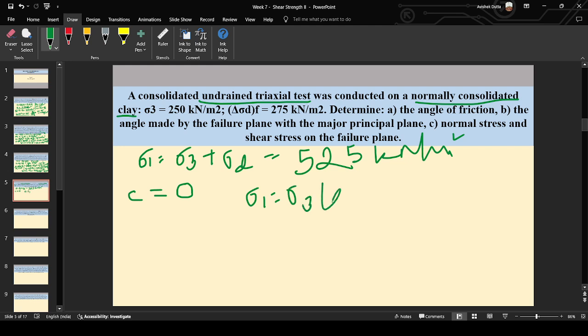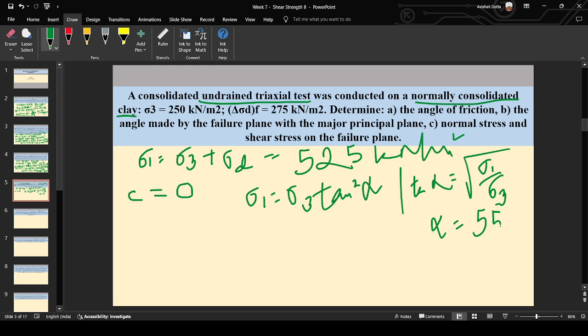sigma 3 tan square alpha. Again, from here, tan alpha equals root over sigma 1 by sigma 3, from which we get alpha approximately 55.4, and using alpha equals 45 plus phi by 2, we get phi equals